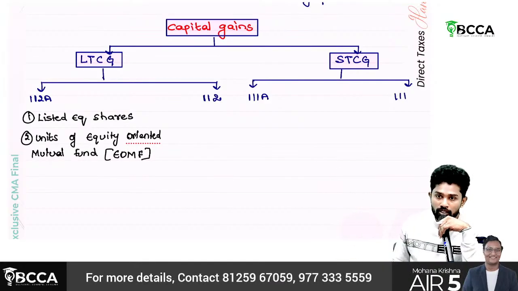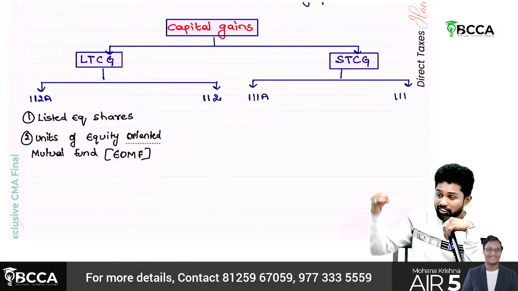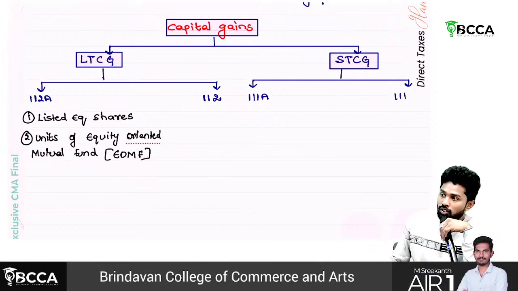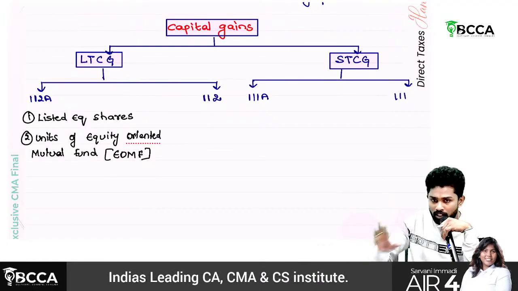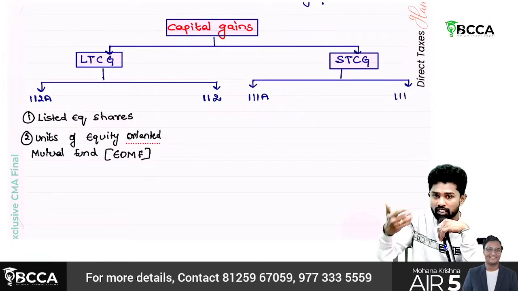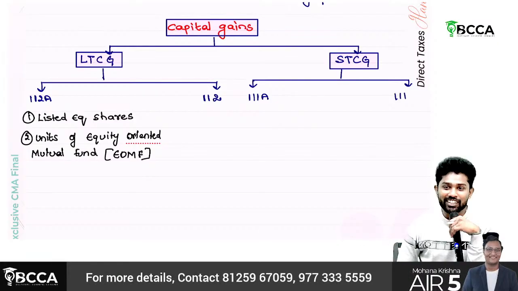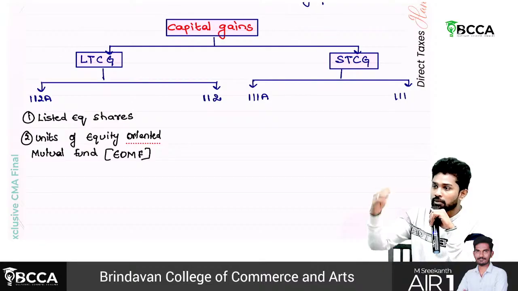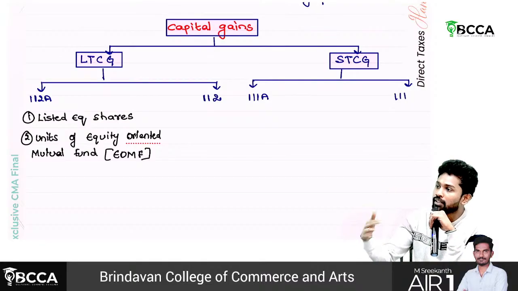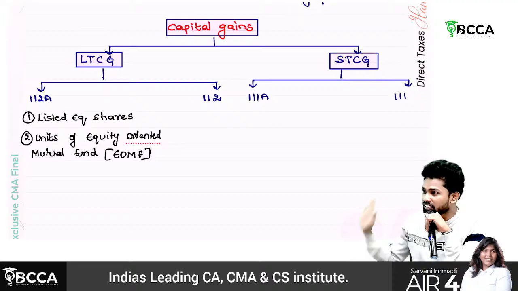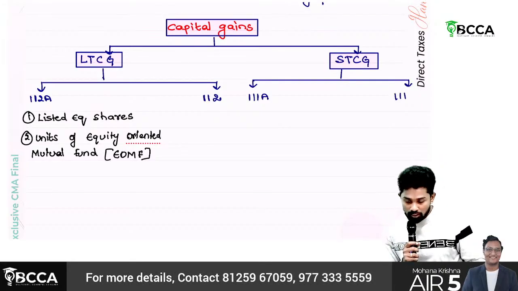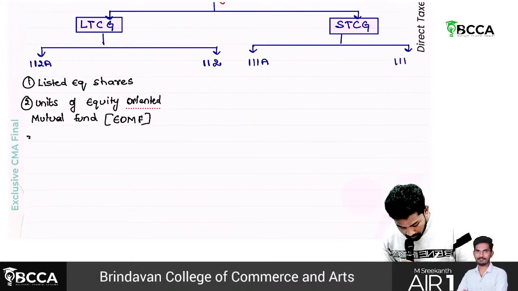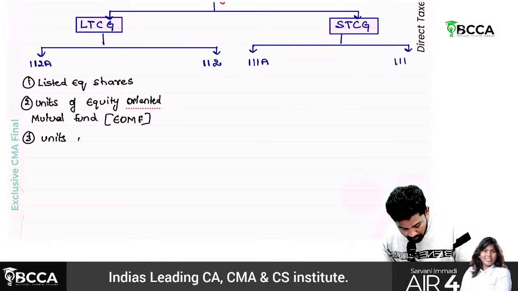Okay, let's say this fund has pooled 100 crores. Out of them, a minimum of 65 crores should be invested in equity shares. Not much relevant, you need not write it; even if you write it, you'll forget. So for an equity oriented mutual fund, the percentage is not required, but just remember that they majorly invest in equity shares. That is enough for us. Units of equity oriented mutual fund. Then the third one, units of business trust.